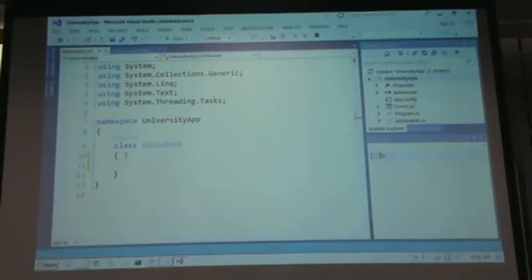So, string first name. The default in C# is private, unlike Java where the default is public, okay? So private fields start lowercase, as we have discussed a few times before, okay? Then corresponding to this